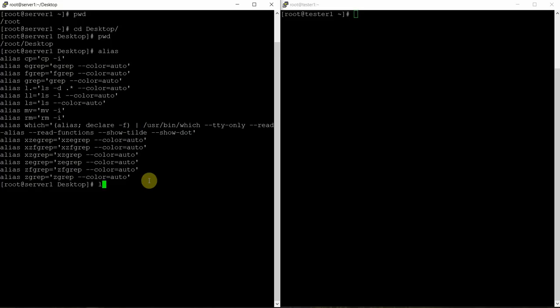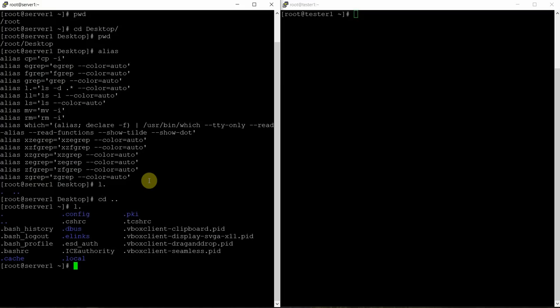So you can type l. and it will display only the directories, meaning the ones that start with a dot. Sorry, not files, I'm sorry. It displays only the directories or files that start with a dot. We also call them dot files. Similarly, when you type ll, it will actually execute ls -l --color=auto.